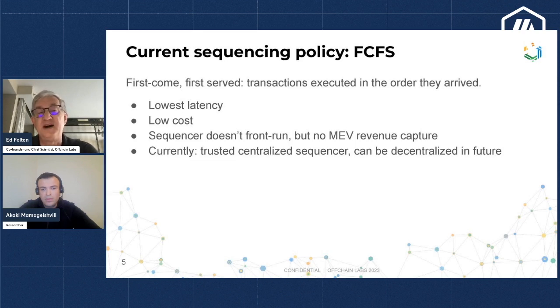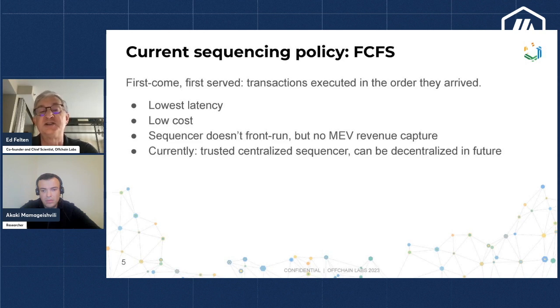It has the lowest possible latency because as soon as a transaction arrives at the sequencer, it can be put into the output sequence. It has low cost because it's simple. The sequencer doesn't need to hold a lot of transactions at the same time. You protect against front running because the sequencer is usually the only one who knows what your transaction is, and